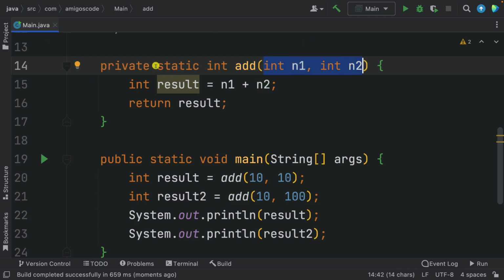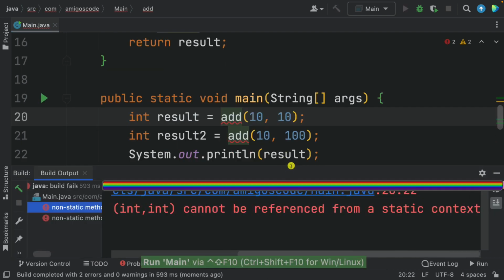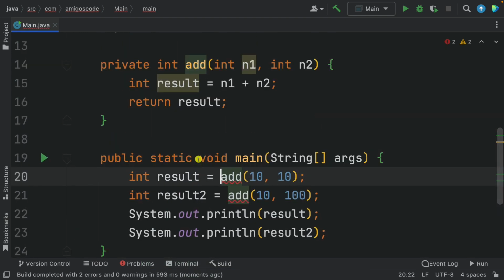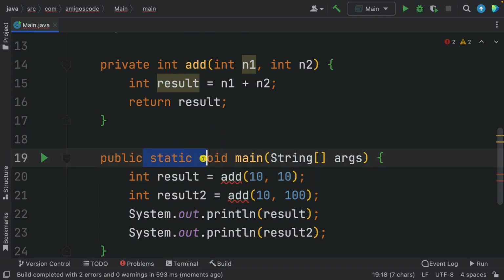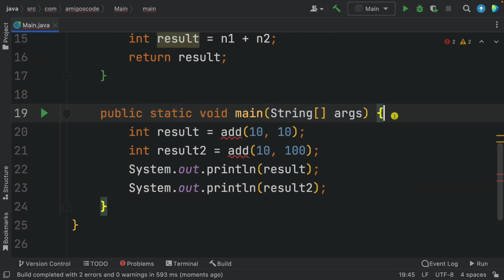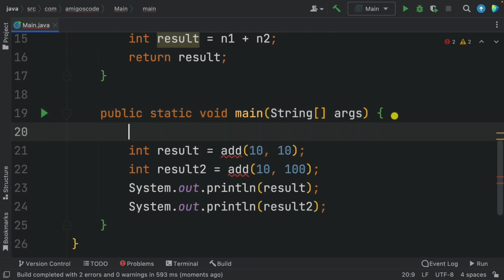Now remember, static. If this is not static, then it will fail. We cannot even run this. If I try to run this, it will fail to compile. Have a look: cannot be referenced from a static context. That's because, remember, I said that the only thing that can be accessed within a static context is a static method or attribute, or creating an instance of this class called main, and then we can invoke it. So remember, I said before, the other way is to say main